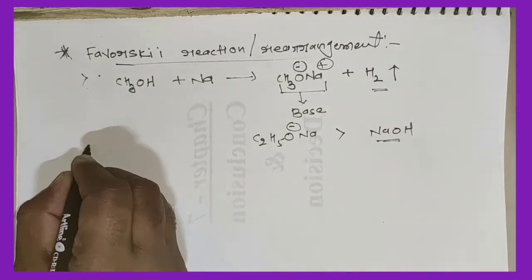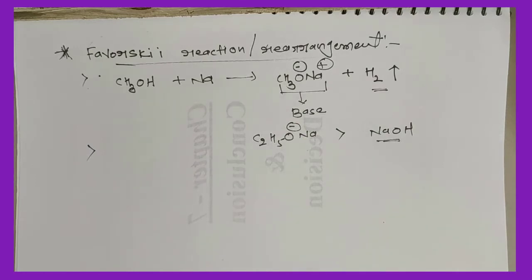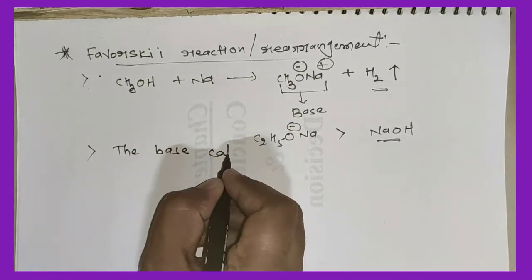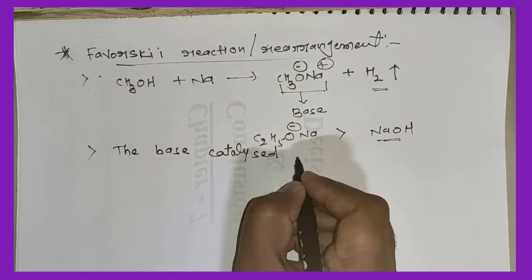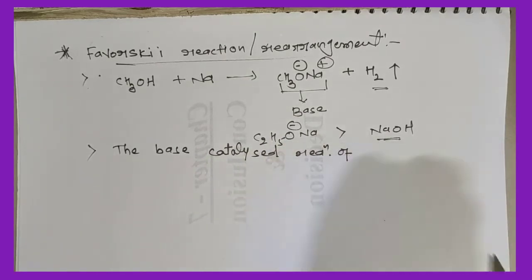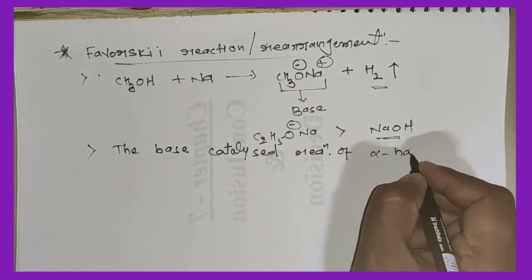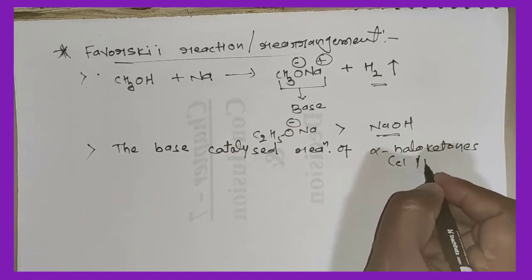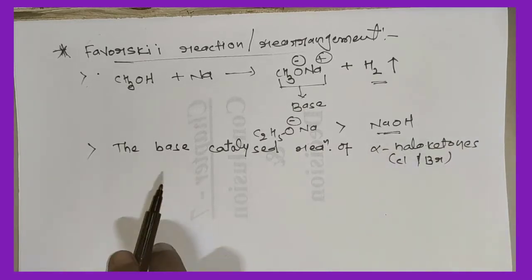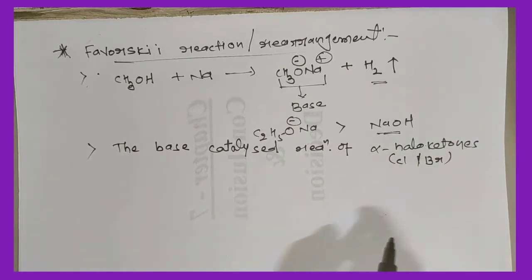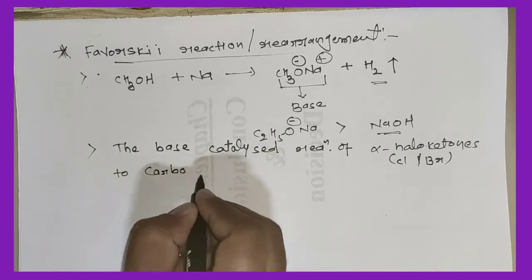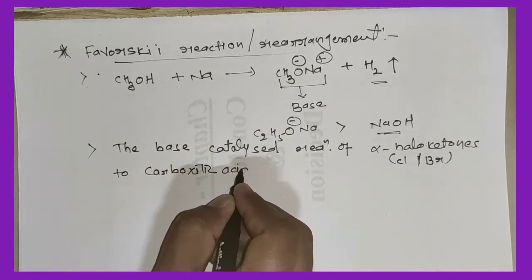So, in the Favorskii reaction, if we discuss the principal part, it is a base catalyzed reaction, or we can say a base catalyzed rearrangement of alpha haloketones. Here, as the halogen, you can use chlorine or bromine. The base catalyzed rearrangement of alpha haloketone to carboxylic acid derivatives